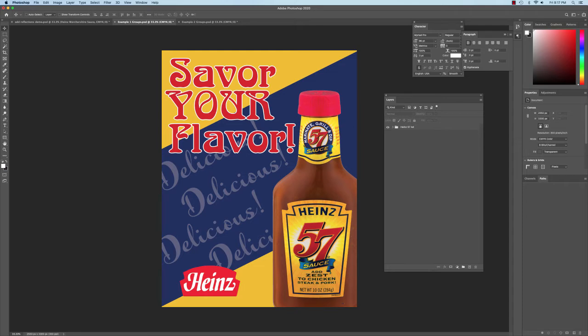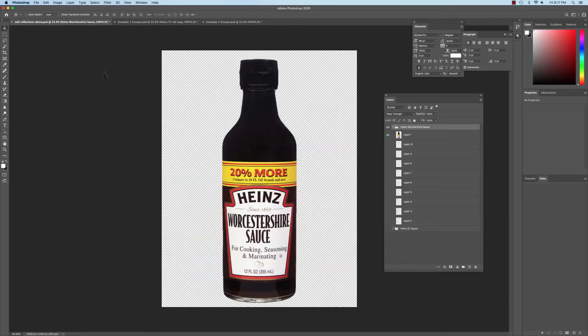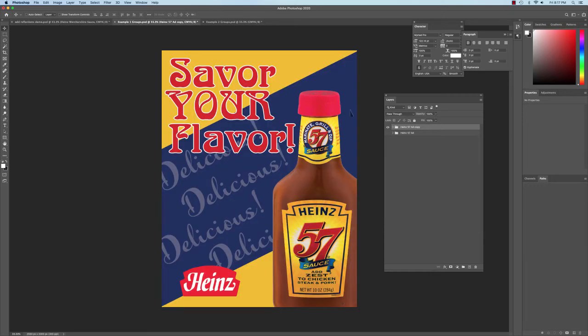So like for this one, say we want to duplicate this group because they want to put more in there. I would just drag it to the copy layer folder and it creates a new ad for me. We'll say that we're going to put this Worcestershire bottle in it for a second ad. They want it all to be the same. They want this all to fall into the same spots. They're just replacing the Worcestershire bottle. So we would duplicate that group, and we're going to call this